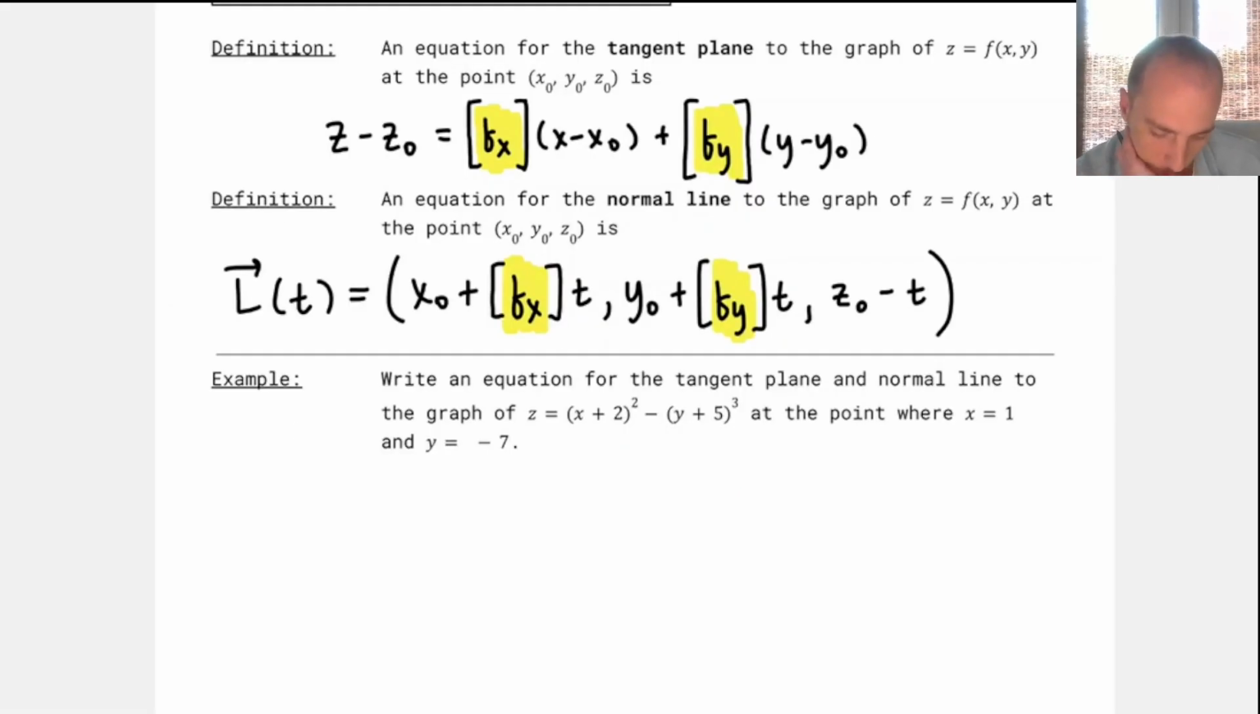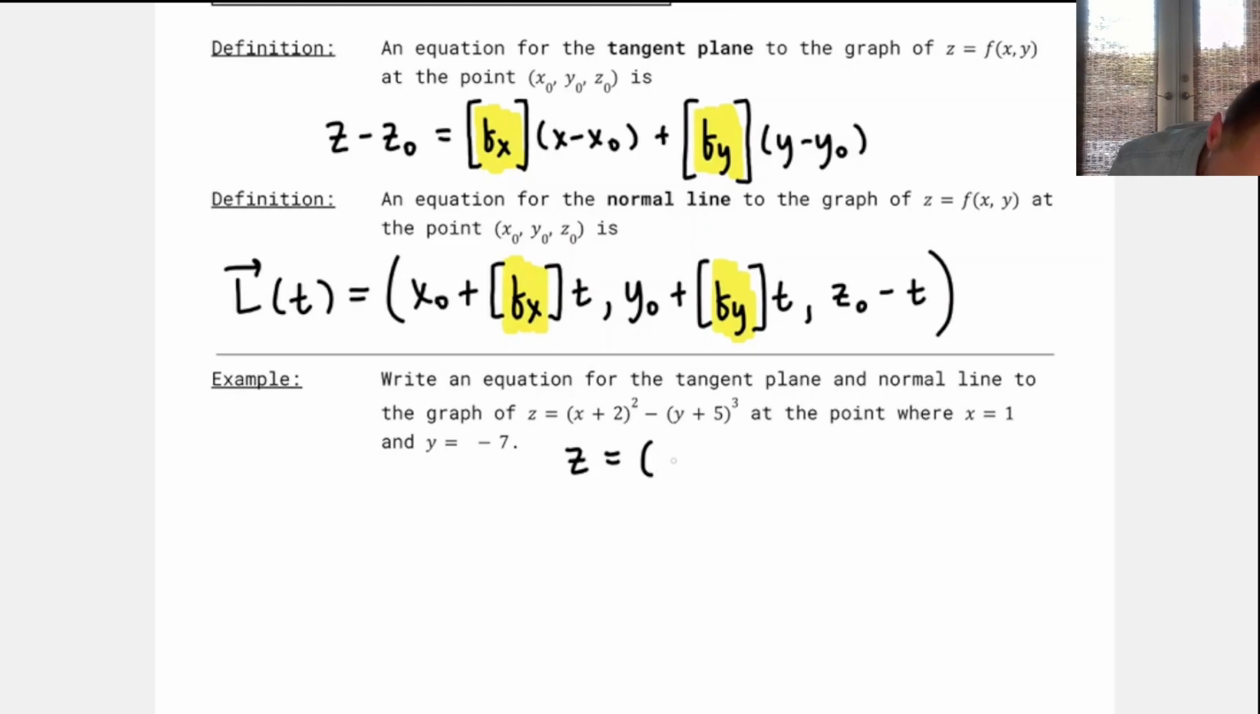Okay, so for example, we're going to write an equation for the tangent plane and normal line to the graph of z equals (x plus 2) squared minus (y plus 5) cubed at the point where x is 1 and y is negative 7. Now I'm going to need a z-coordinate to do either of these things, so I'm going to start there. If x is 1 and y is negative 7, then z will